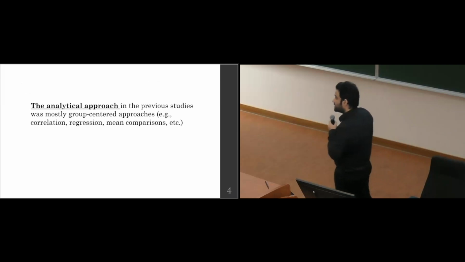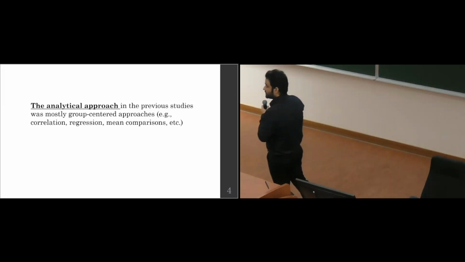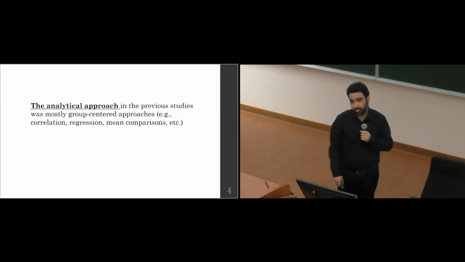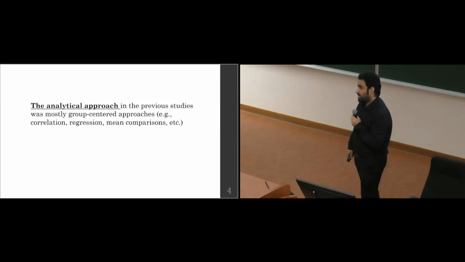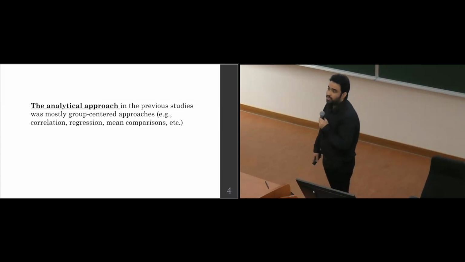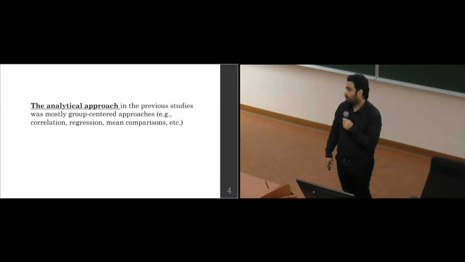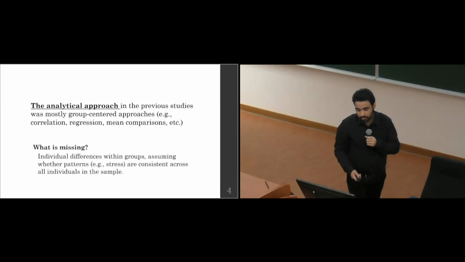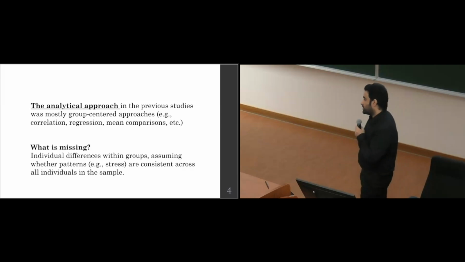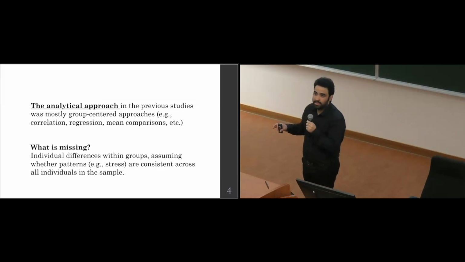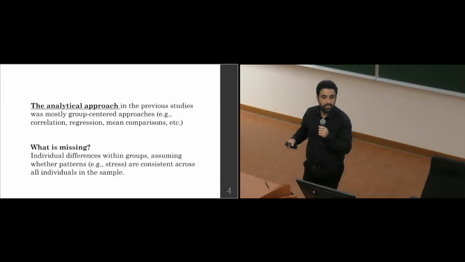There is something missing in the previous studies, which is the analytical approach that all those studies have used so far, which is group-centered approaches. For instance, they use mean comparisons, correlations, let's say a Pearson correlation, or they use regression analysis such as logistic regression, ordinal regression, or linear regression, depending on the outcome variable. So one thing that is missing is that approach. We need another approach to find out the individual differences clearly, which we cannot find in the group-centered approaches